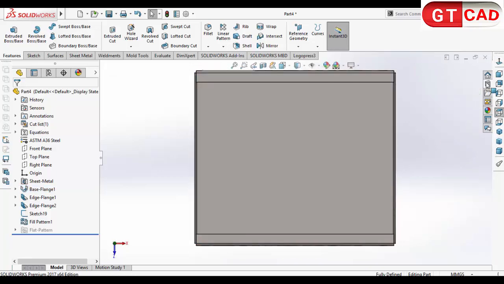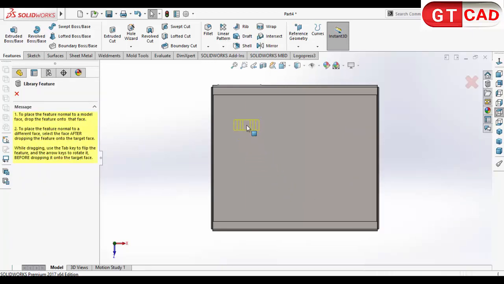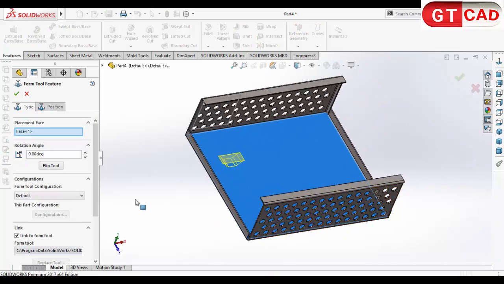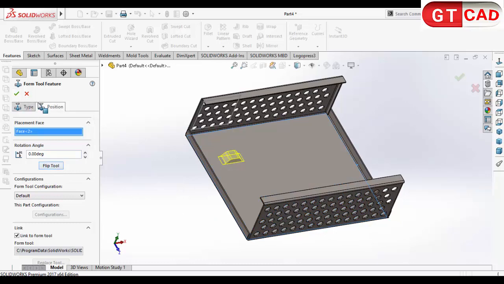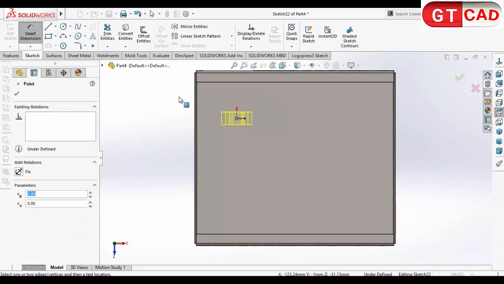In our design library we have the forming tool here, and some folders, like the lenses folder. There is a bridge lens, it's a setting for the board. I select one of the lenses. It should reverse the direction: flip the tool, go to the position, make a position,